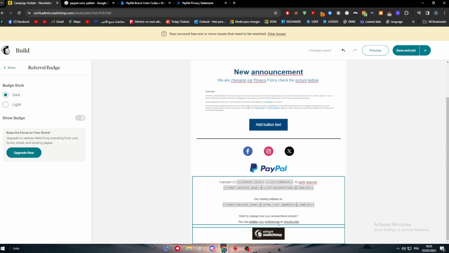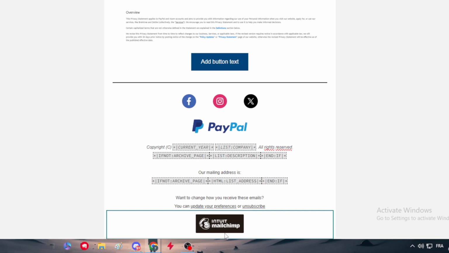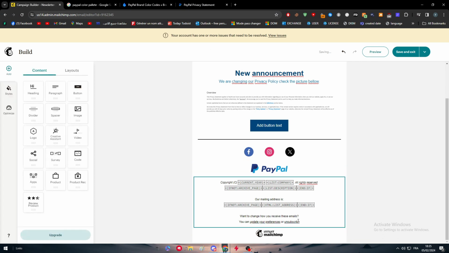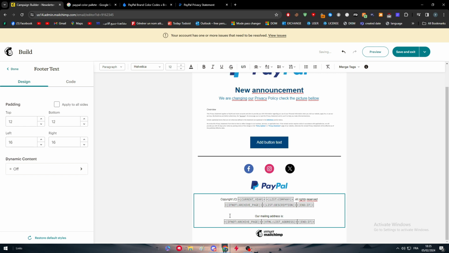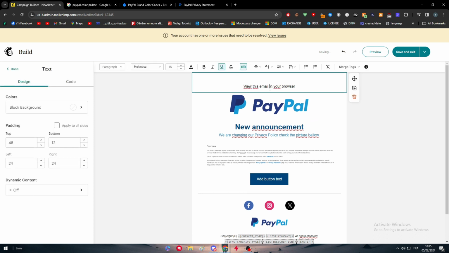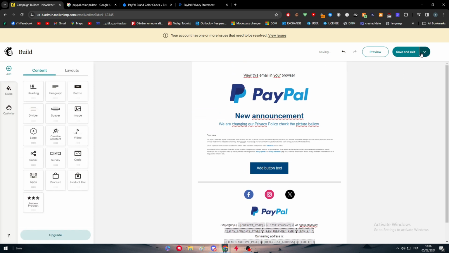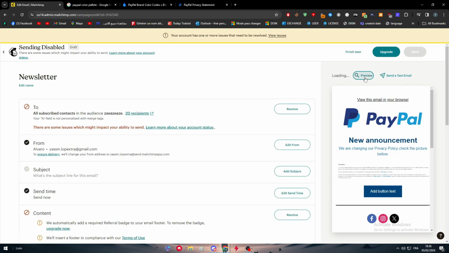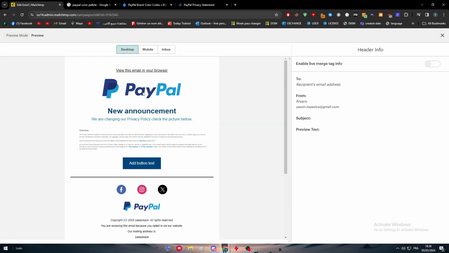Now to remove this bottom picture of Mailchimp, we need to upgrade our plan to the premium plan. So for now, I'm just gonna keep it in white, so it doesn't really matter. Here I'm going to remove that, remove this, and yeah, this is exactly how I want it to be, so I'm just gonna save it and preview it, of course. So let's preview it to see how it's gonna look in our email. And this is how it's gonna look in the email. So if you click here on preview, this is exactly how it's gonna show for people in their email,